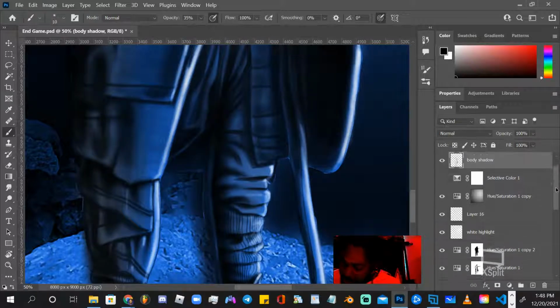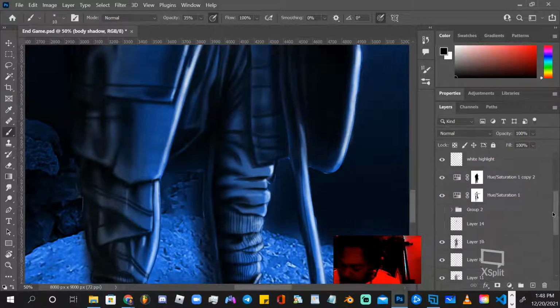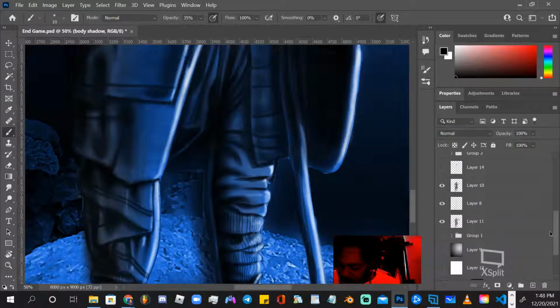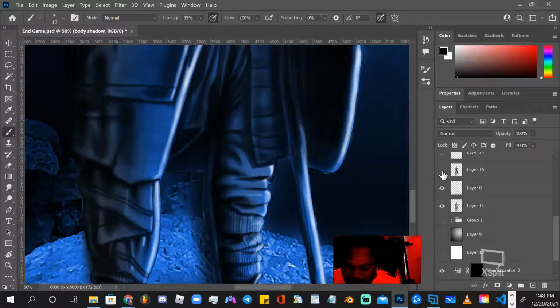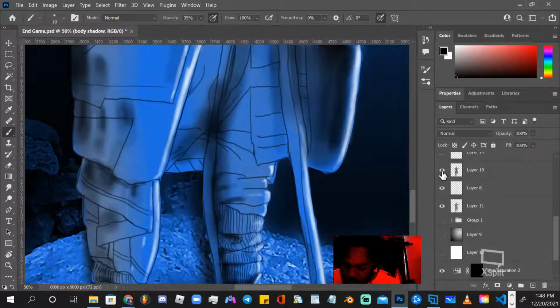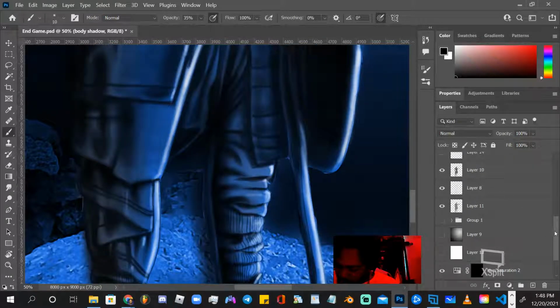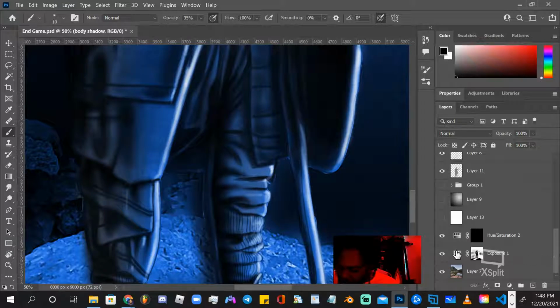So now I gotta track down this shadow area, and it could be this right here. Nope, not that. Maybe this would be the only one left here. Let's see. Yep, that was the one.